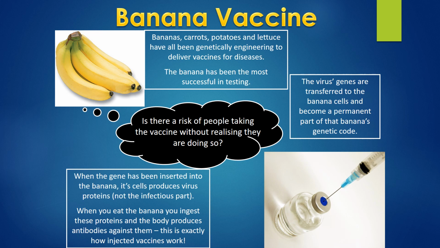And the banana vaccine. They have vaccinated bananas. No one's vaccinated a banana, Mrs. Corbett. So they have genetically engineered certain fruits and vegetables to deliver vaccines. The banana was the most successful. They insert the gene into the banana, and its cells start to produce virus protein, a part of a virus that's not going to infect you or harm you,